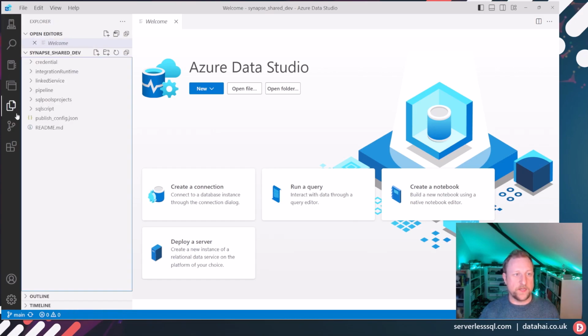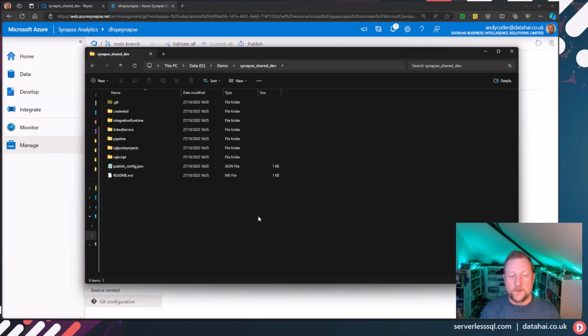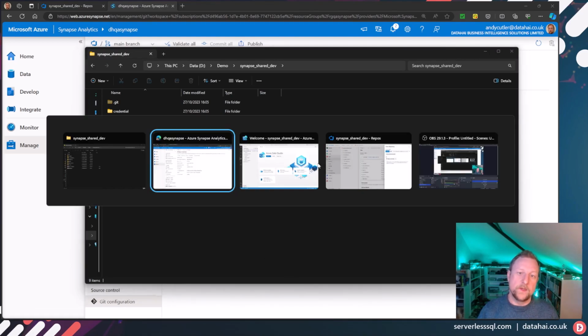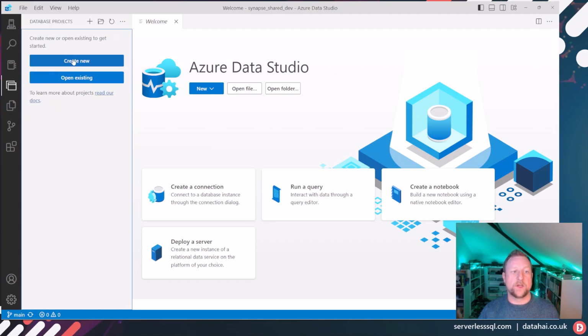So from here, if I click on Explorer, then in the folder we've got the objects cloned down that we pushed in from Synapse. So back in Data Studio, what we can now do is create a database project. So I'm just going to go into Database Projects, Create New,